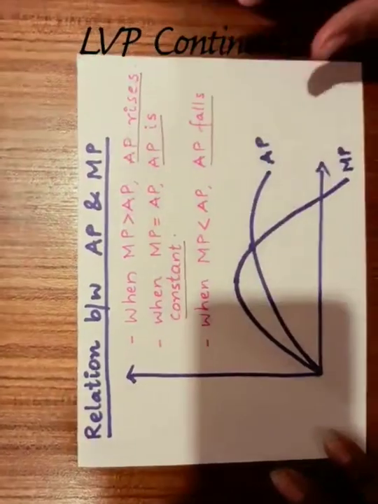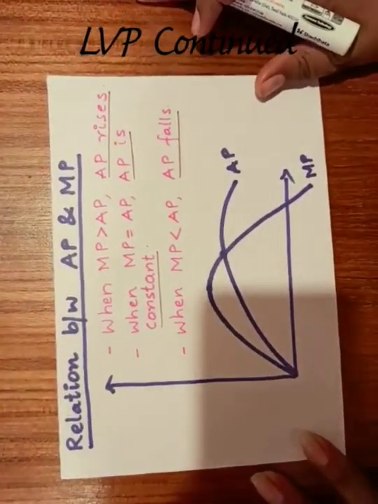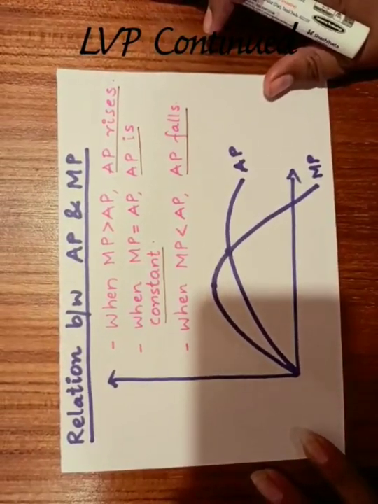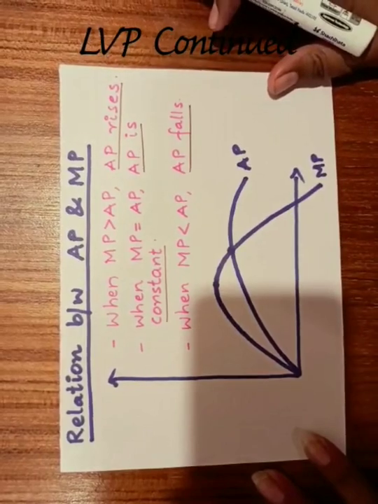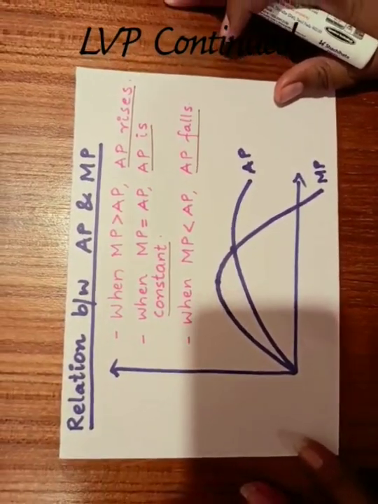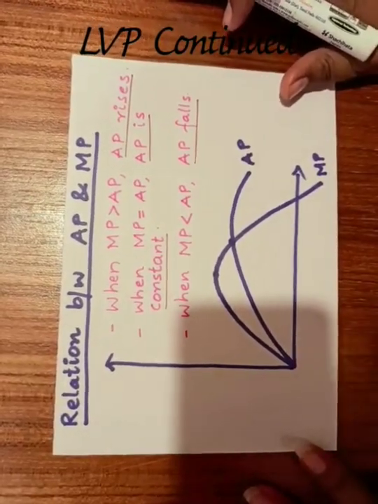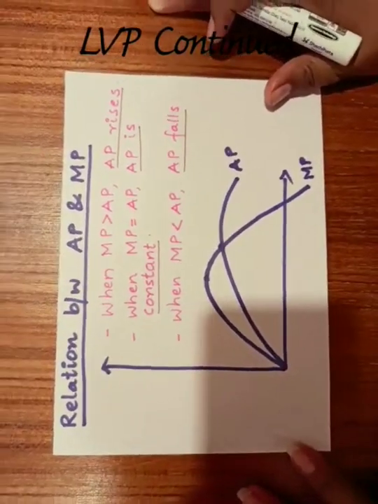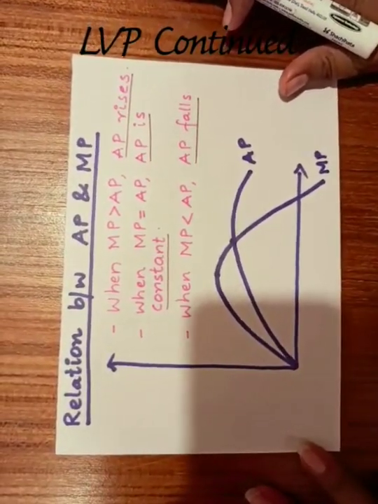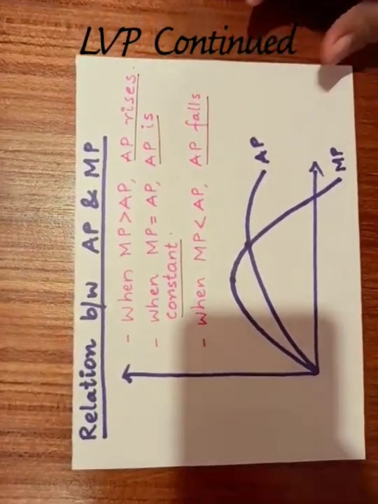So when MP is greater than AP, AP rises. When MP is equal to AP, AP is constant. And when MP is less than AP, AP starts falling. This is the relationship between AP and MP. This diagram also you have to draw very carefully, that is, MP and AP should be greater than, less than or equal to at the same positions. Okay. So in the next video, we have to look through what is